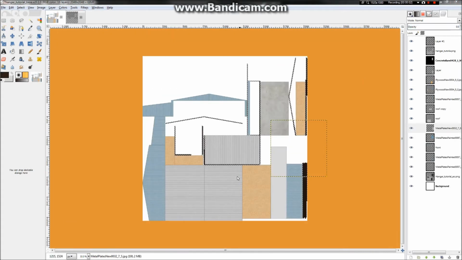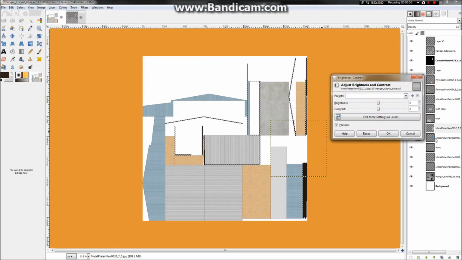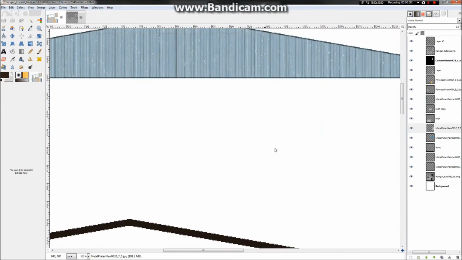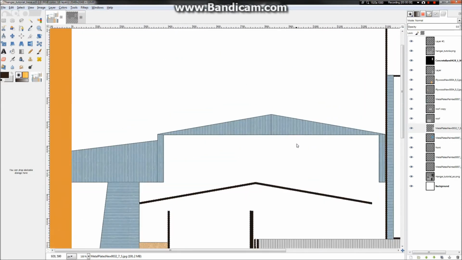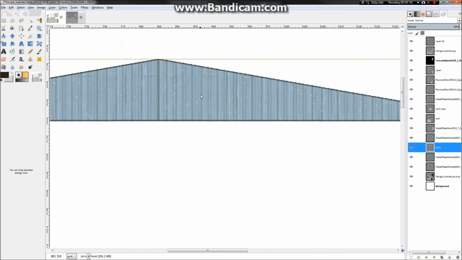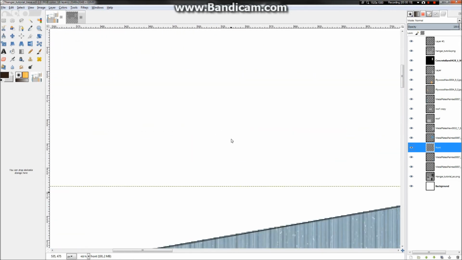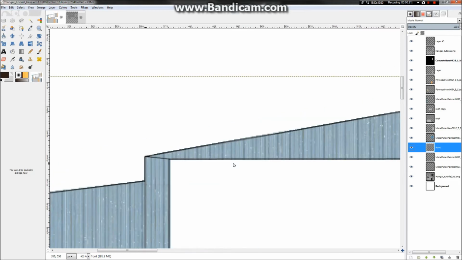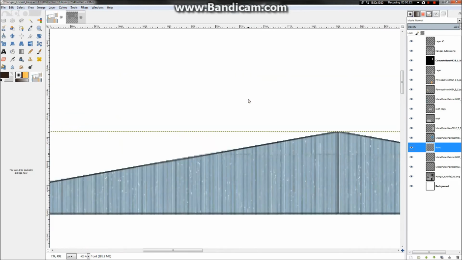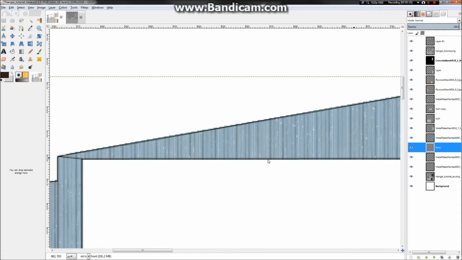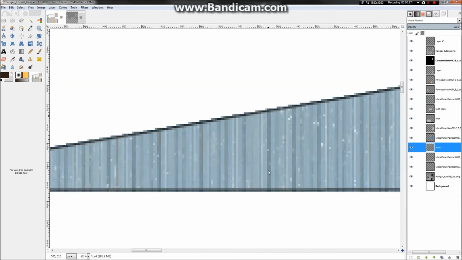Okay, so I basically have all the faces blocked in face texture wise. I'm just going to give you a few ideas of what you can do to add a little more detail to your textures if you don't use photoreal ones, or you don't have photoreal textures. One thing you can do is, like on these pieces, if you want them to look a little more worn, we can just go in here, select our